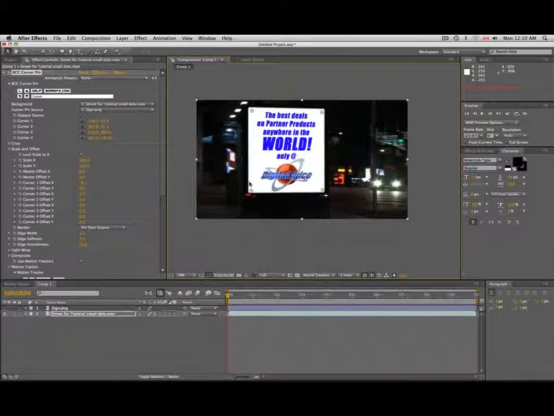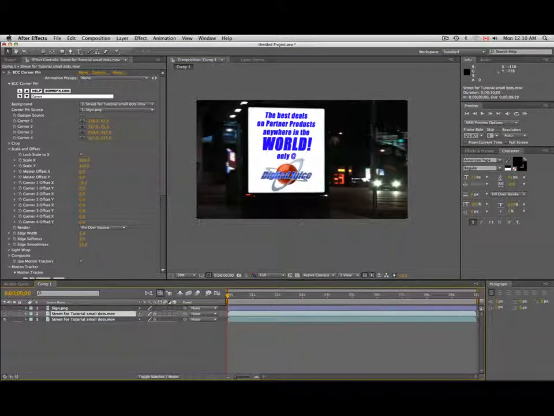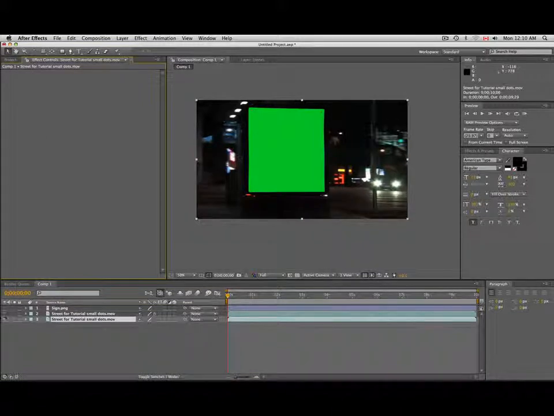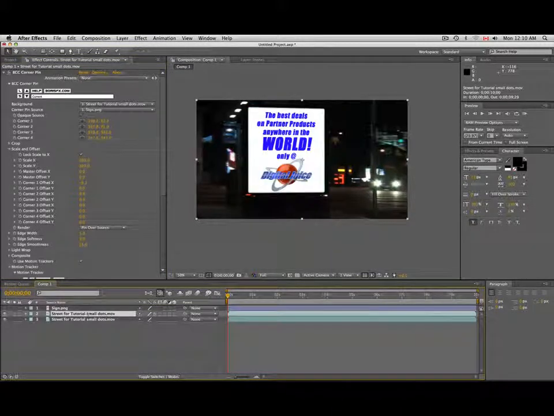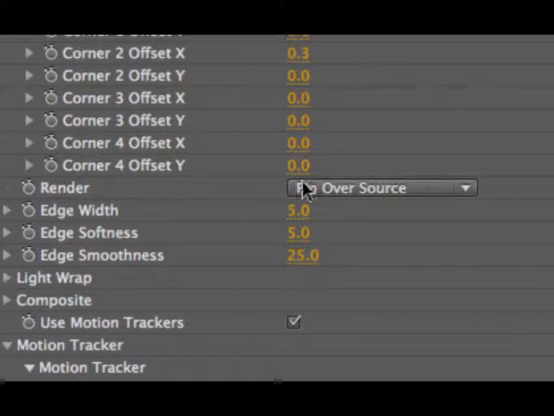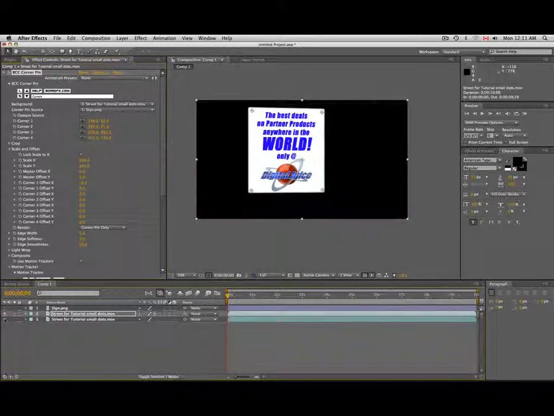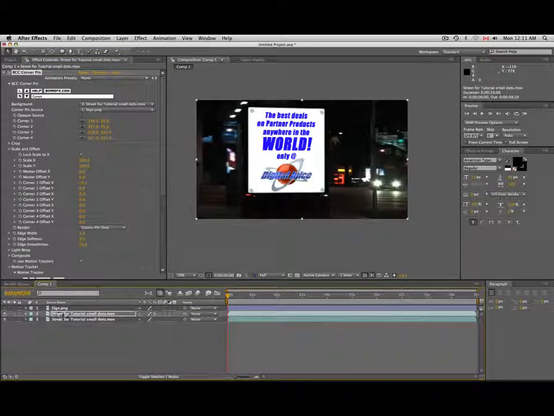Now, like I said, I want to add this bit of realism with a bit of a glow. Now for this, you're going to tailor this to whatever effects you happen to have on your system. So what I'm going to do first of all is I'm going to duplicate this layer, and I'm going to remove the effect from the background. So we're just going to delete it. And what I'm going to do is I'm going to turn on the second layer, and I'm going to come up to where it says render, and I'm just going to say corner pin only. So you'll now see what I have is just the sign,